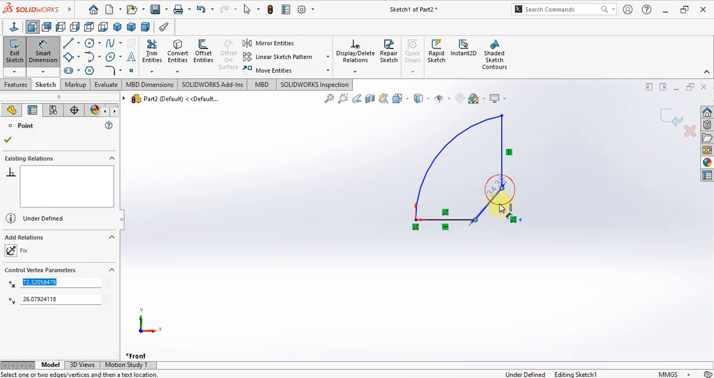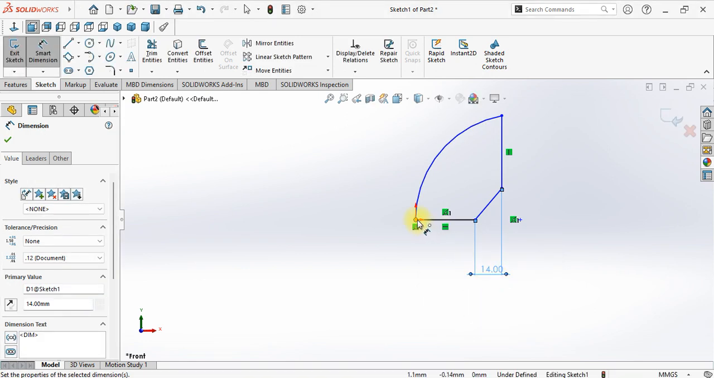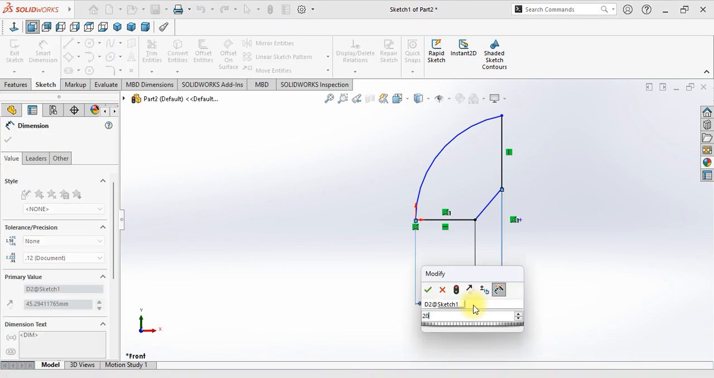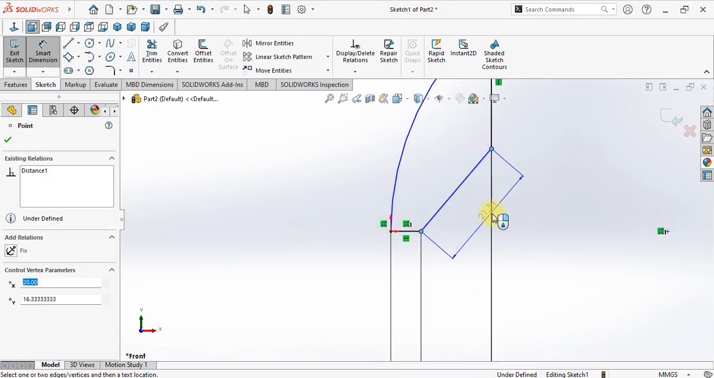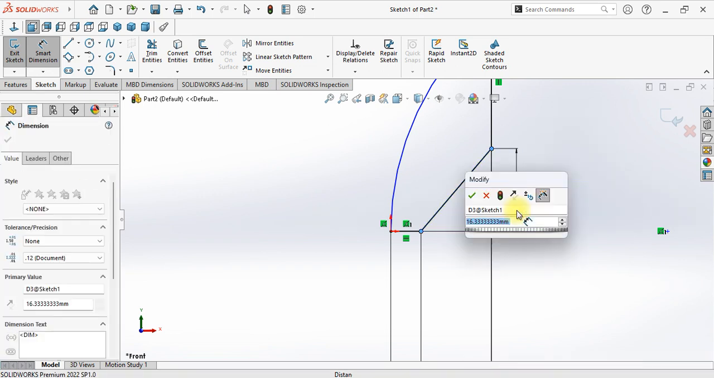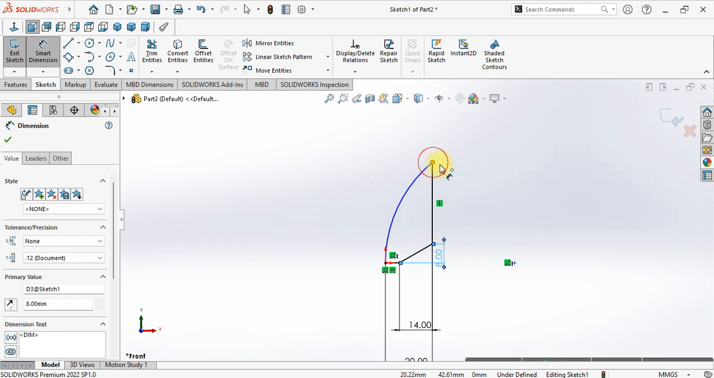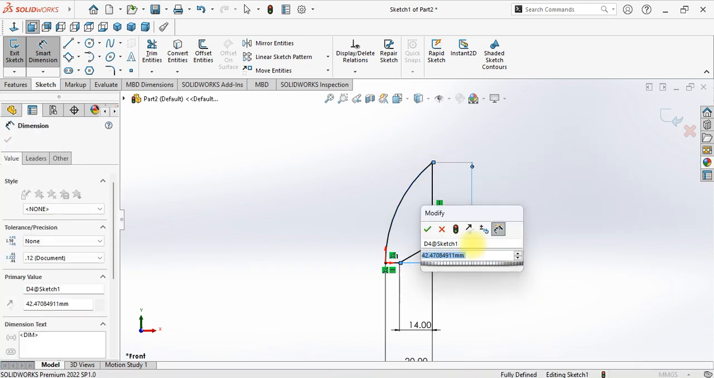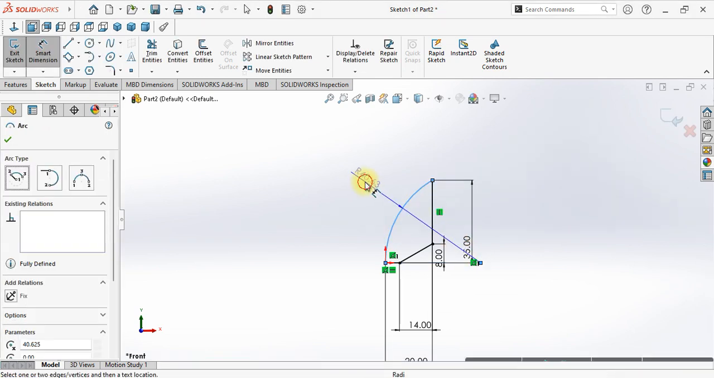Okay, you can define this point to this point is 40 millimeter. This point to this point is 20 millimeter. This point to this point is 8 millimeter. Distance of the top and the bottom is 35 millimeter. Okay, and this tangent arc,